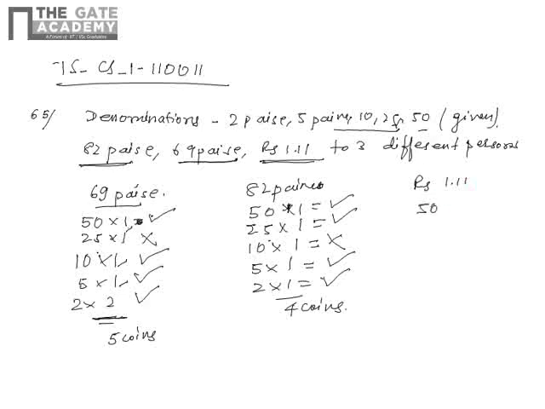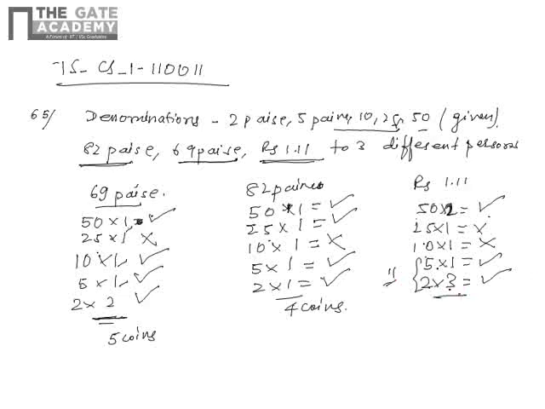Again the same thing, 50 paise coins we can take, 2 coins, because 1 rupee will come, so it can be taken. Now 25, no, we cannot take. Then 10 we cannot take, because minimum is required. Then 5 paise we can take, and 2 paise, 3 coins we can take, fine. So it will be 6 paise plus 5, 11 paise, and 1 rupee, so it will be 1.11. So the total number of coins will be 6.